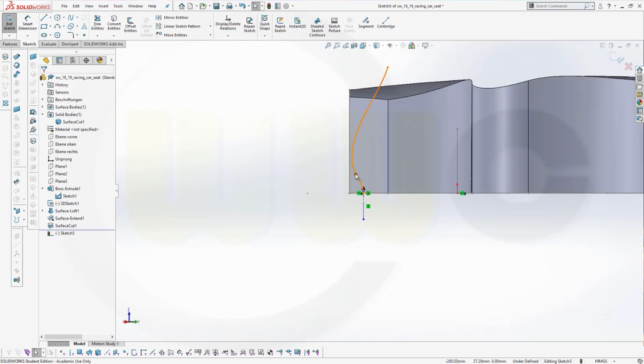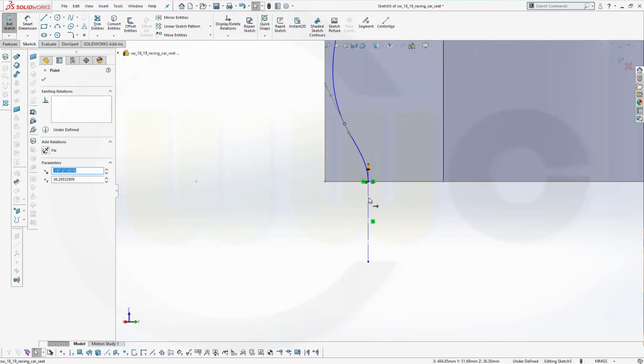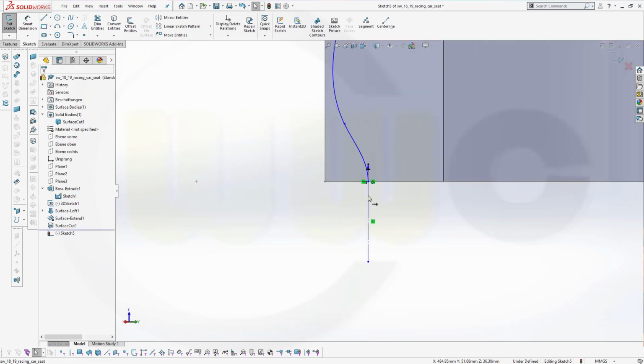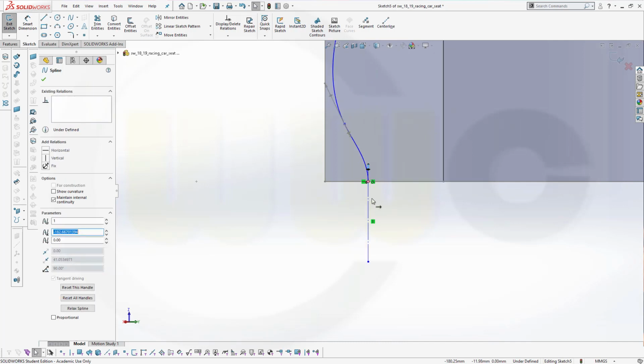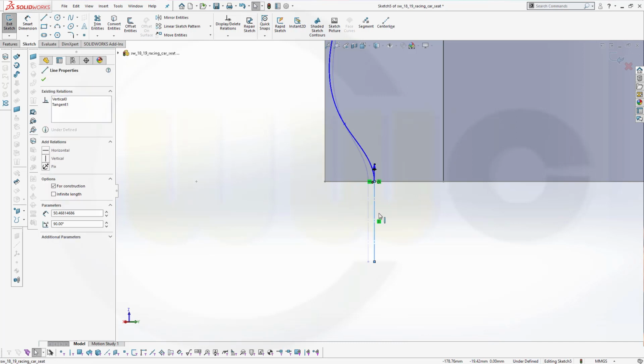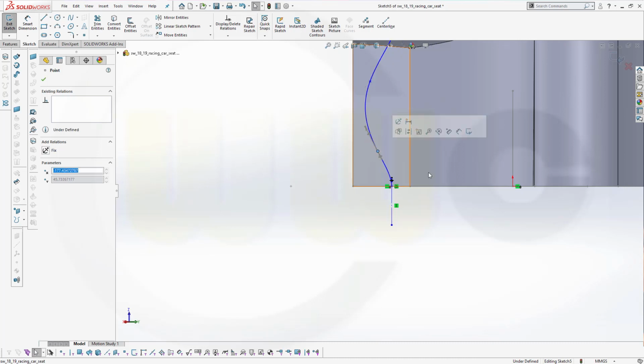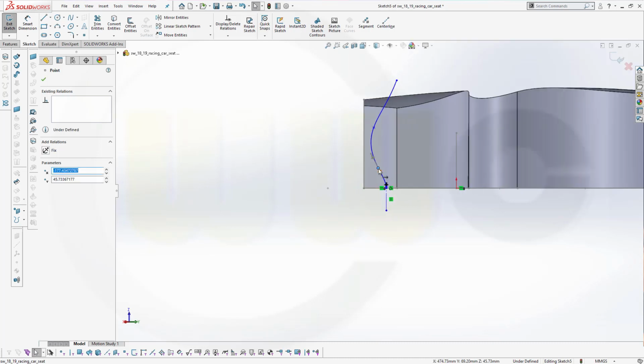And of course you could move those points a little bit, or that line a little bit in. Sorry, I didn't want to do that. I wanted to move that line up, maybe like that, and then move those points a little bit. Maybe like this, or